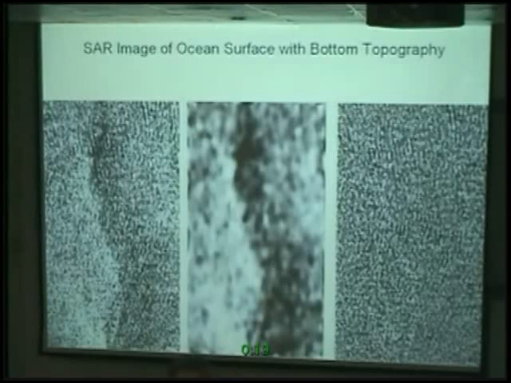Then how can you see the bottom topography? This was a big puzzle for the research people, for the oceanographers. Not only can you see bottom topography, synthetic aperture radar can also see signatures of submarines, and that is why synthetic aperture radar was classified by the